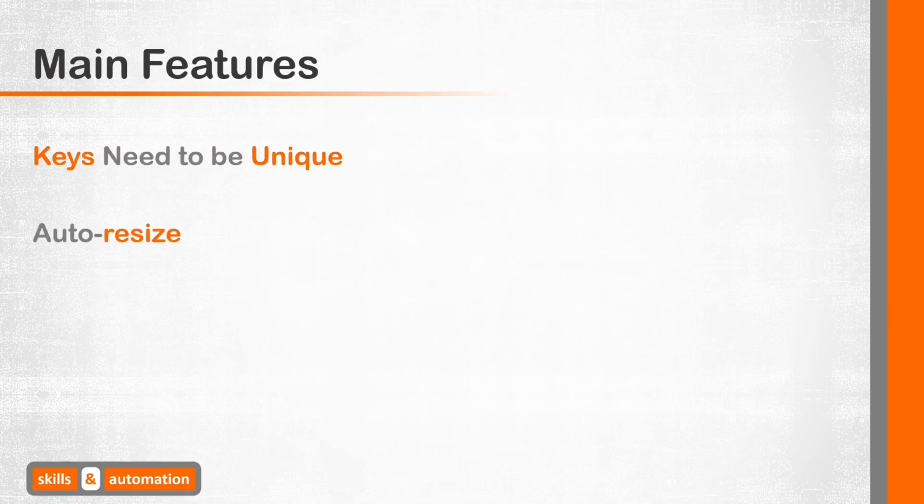The main features of a dictionary are, in a real-life dictionary, you will not find the same word repeating twice. Same way, the same key doesn't repeat twice in a VBA dictionary. We don't need to define the size of a dictionary before we start using it. We can just add key item pairs to it as we go in the runtime. This is unlike other VBA objects and makes dictionaries extremely flexible to use.